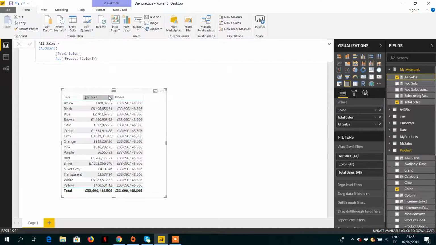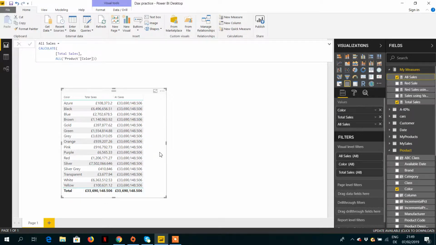So that's why CALCULATE is giving us the grand total across all the product colors, because the current filter context is different colors. Black is one filter context, blue is the other, brown. But due to the ALL product color function, it ignores everything, and that's why we are getting the grand total everywhere for all the products.